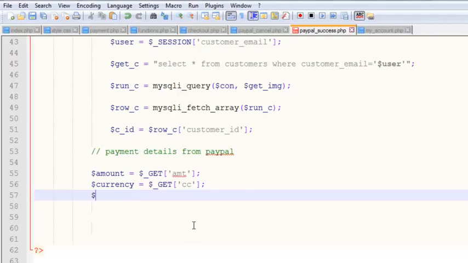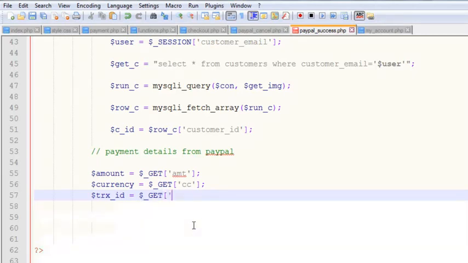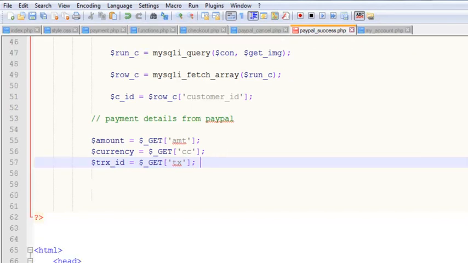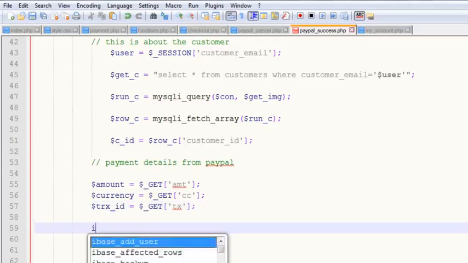And the last thing from PayPal we can get is TRX, I mean transaction ID, which will be equal to $_GET, and that will be TX. PayPal will return this. We will have now to check, because someone can send us fake payments, or someone can make fraud with us. Therefore we need to